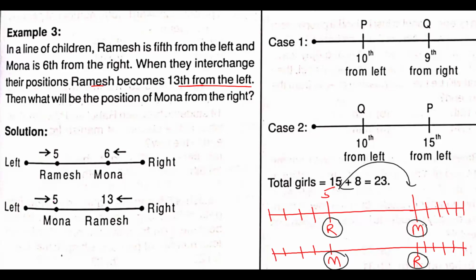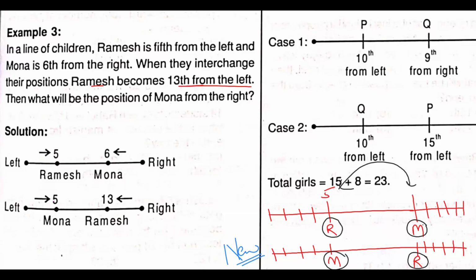Okay, yes, ma'am. And the condition is that if they interchange their position, now Ramesh becomes 13th from the left. That means this is a new arrangement. And in the new arrangement, when Ramesh has taken Mona's position, he has become 13th from the left now. That means to the left of Ramesh will be how many people? If Ramesh is 13th from the left, that means how many people are there towards the left of Ramesh? Ma'am, there will be